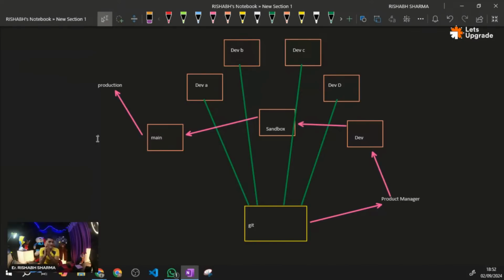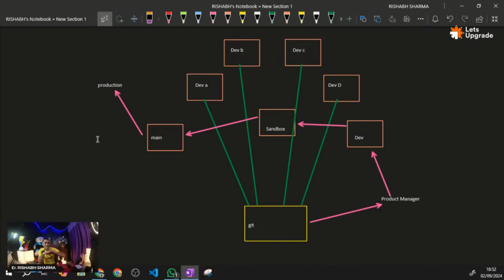This dev branch is a protected branch. Developers do not have the access directly to upload the code in this branch. Okay, only product manager has the access to upload in this branch, right? Now, once the code is in dev branch, each and every developer will perform the unit testing or integration testing or whatever testing that is being done on the developers level. They will do it while the code is on dev branch.